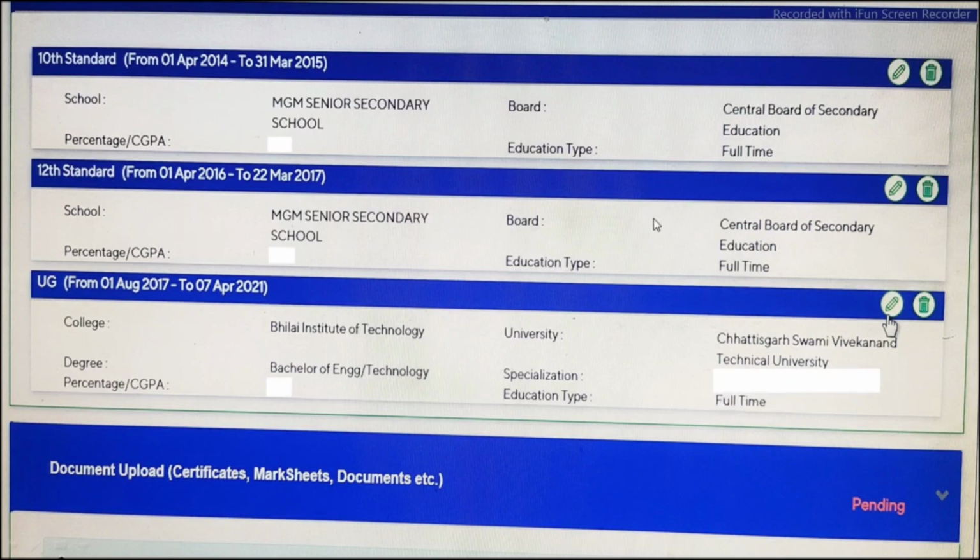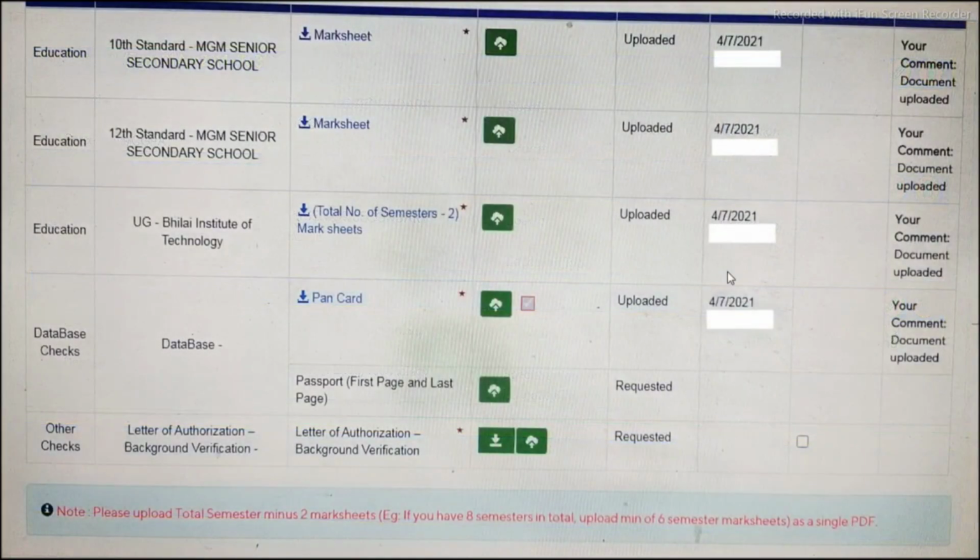And next, the document upload. Here you need to upload your mark sheets, that is your 10th class mark sheet, this the 12th class mark sheet, and this is your UG mark sheet.